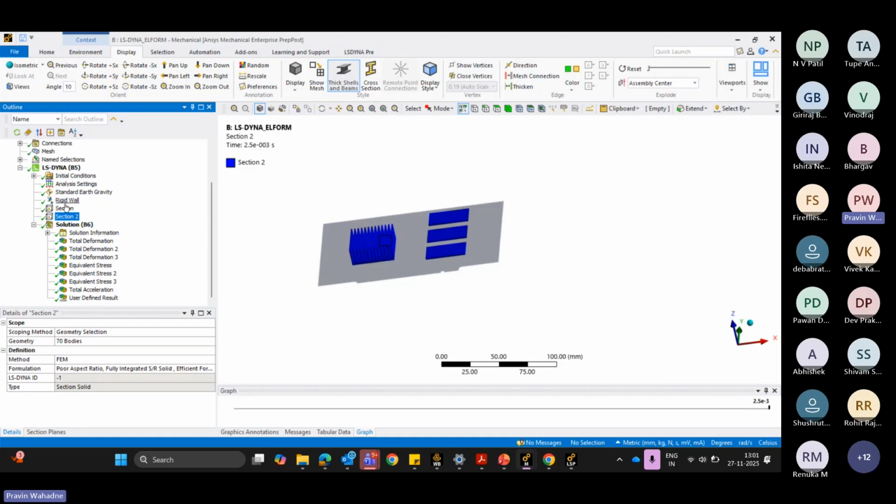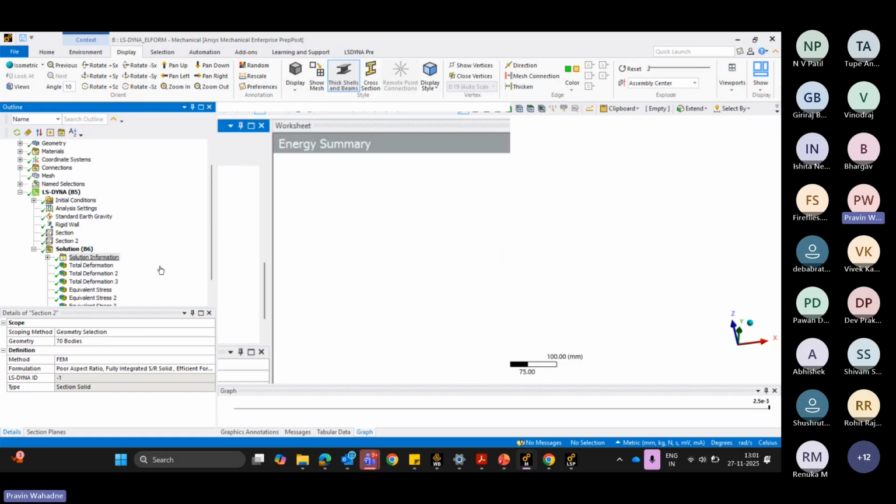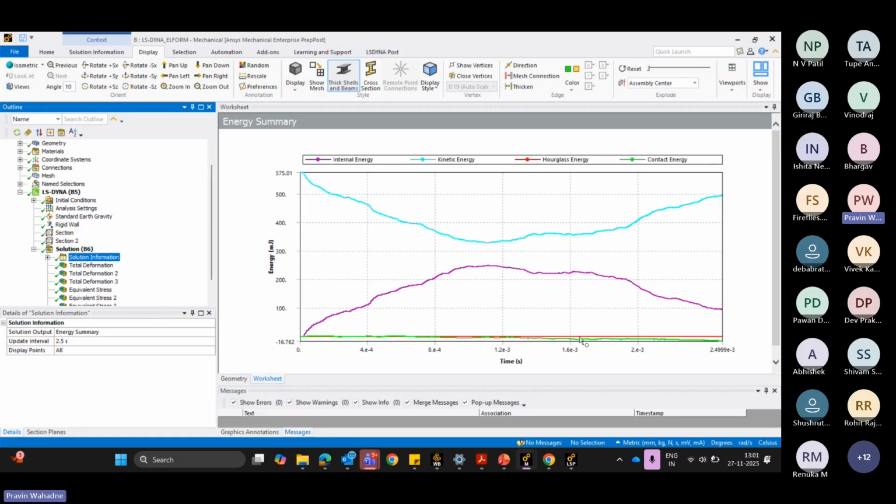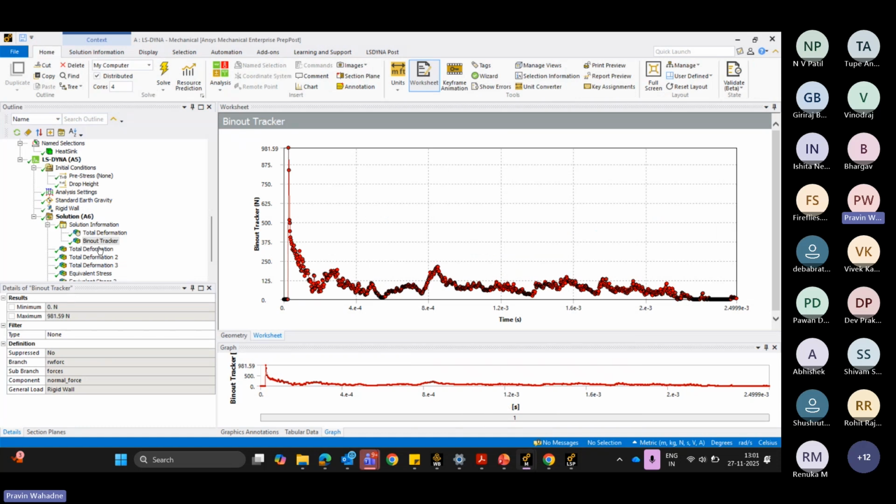Okay, so when we have poor aspect ratios, or say reduced integration, the result tracking is generally not up to the mark. So in this case we created these sections and solved it. Now, if you see the difference in the summaries here, this one is the fully integrated shell, and this one is